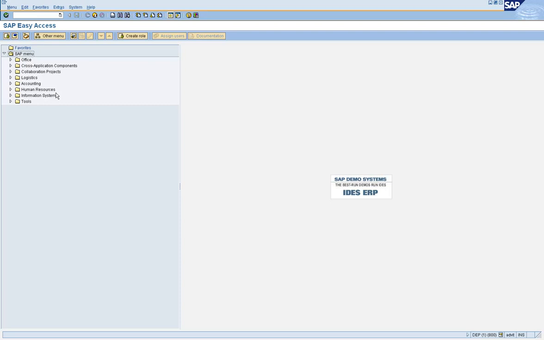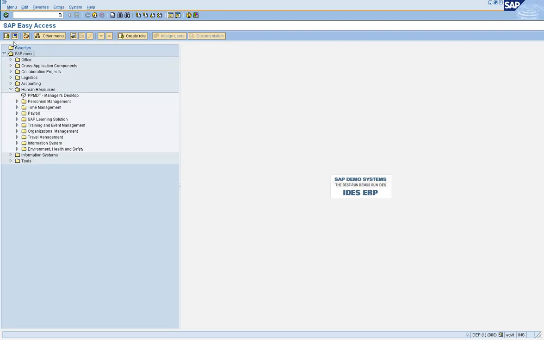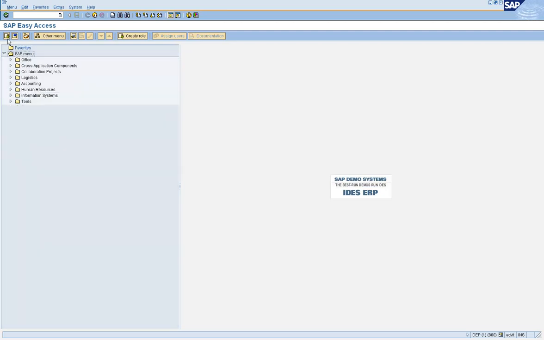Now, in some customer places, they are very particular about what users get to see when they log in. Some customers prefer that users see only the SAP menu. Some customers feel that the user should not get confused about where to click, so they say users should only see what is assigned as part of their roles.